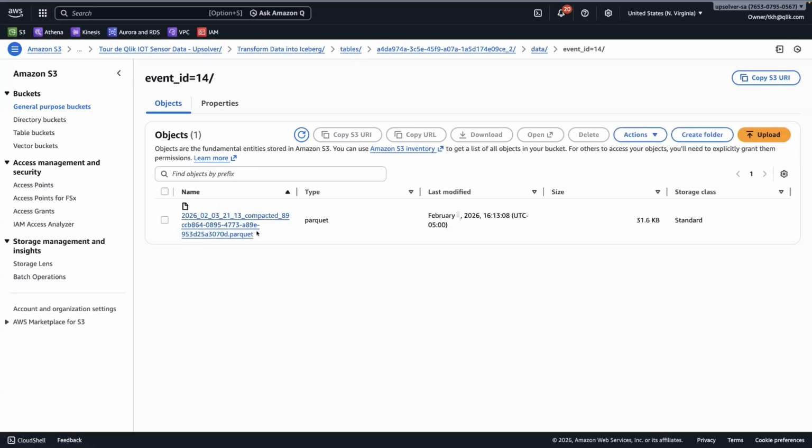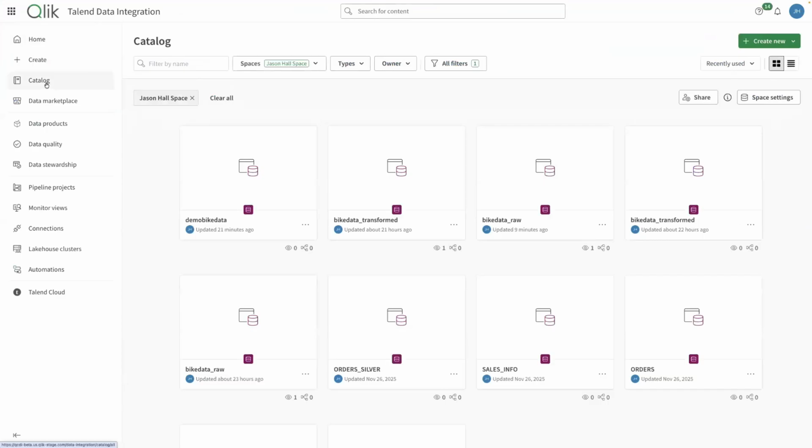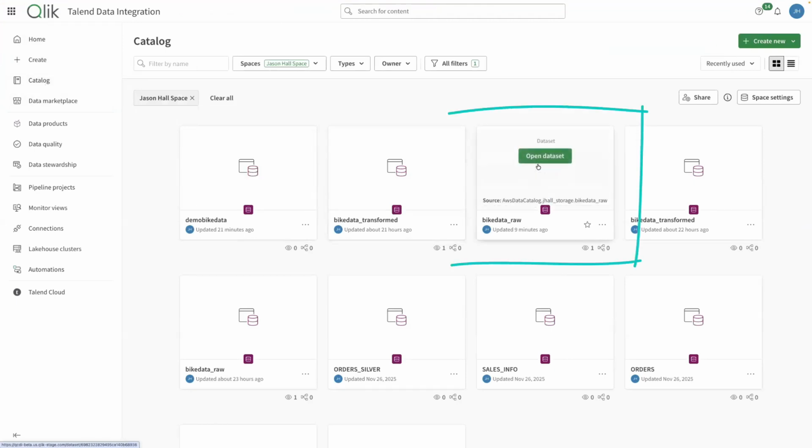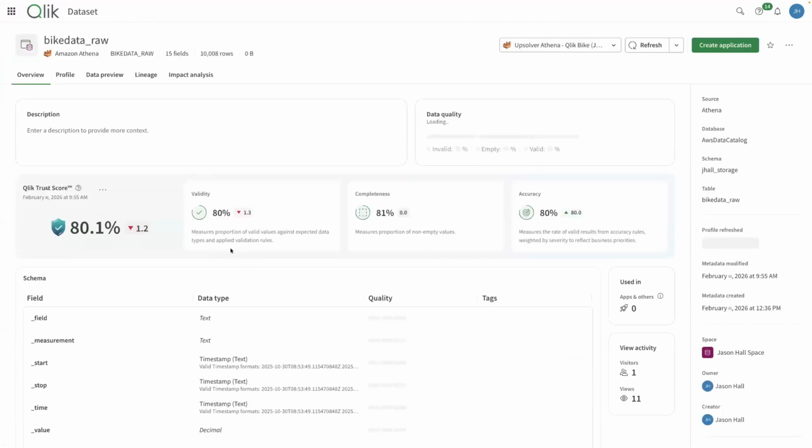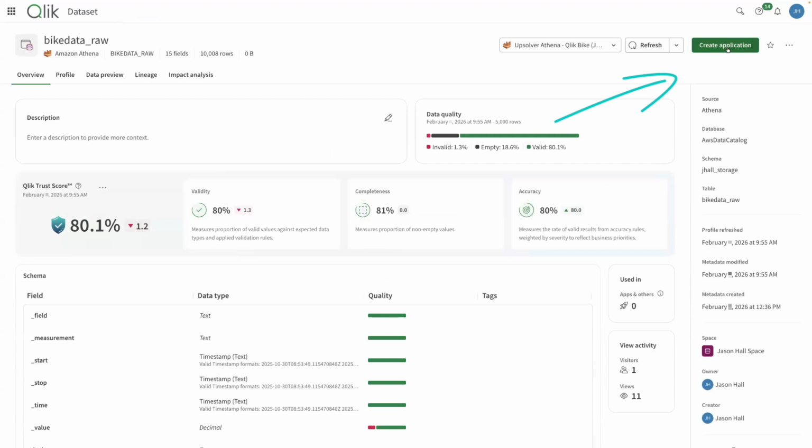Okay, now you've got this clean data. It's been filtered and optimized. What's that final step look like? Great question. If I go into the catalog here and we take the data set, we can now create an application based off this data set. What this actually uses is an Amazon Athena connection, because this data is stored in Iceberg within AWS, and Amazon Athena is a very cost-effective, very scalable query engine from Amazon that allows you to query Iceberg data. But you can use a number of different query engines.